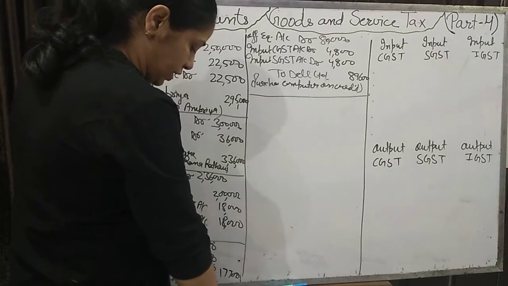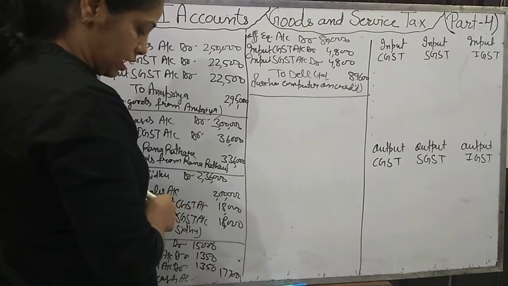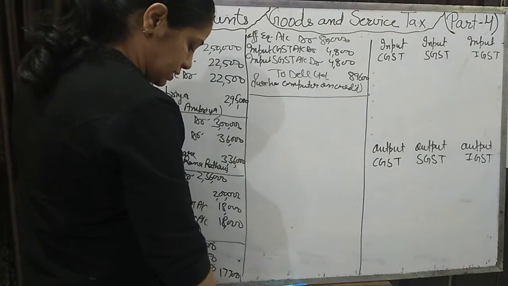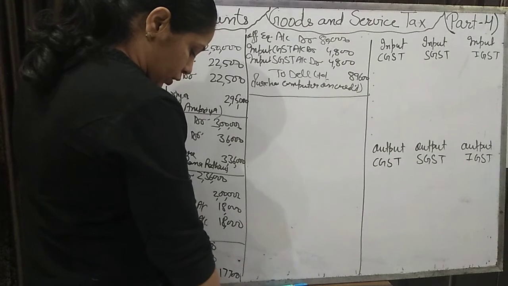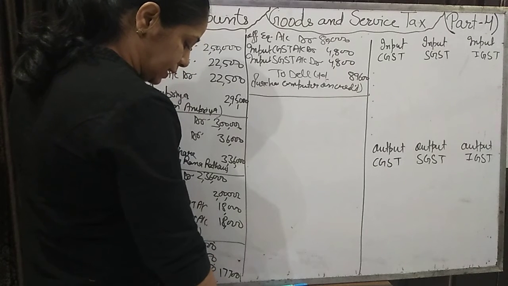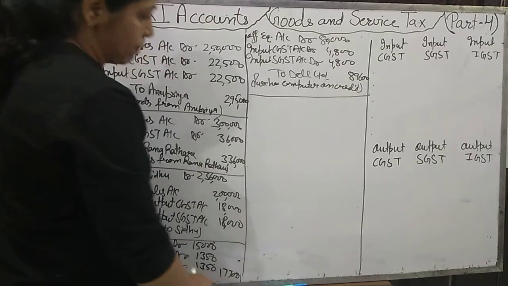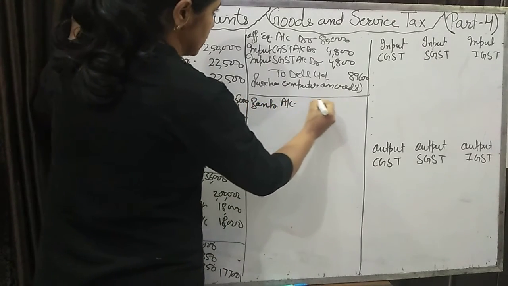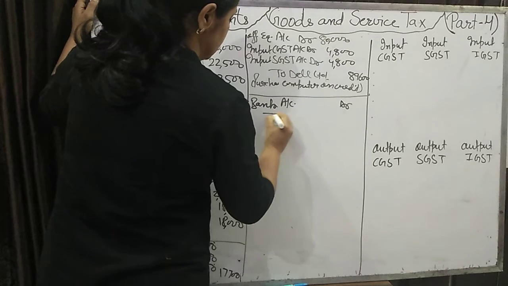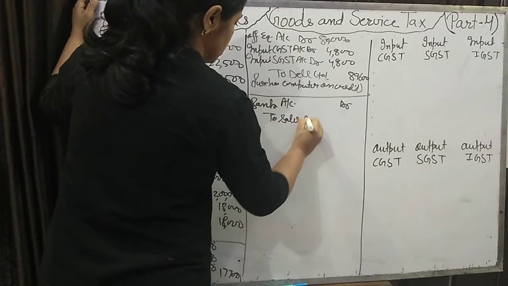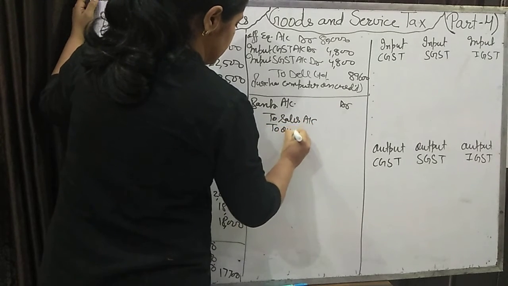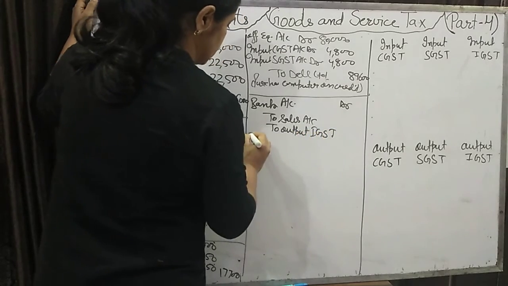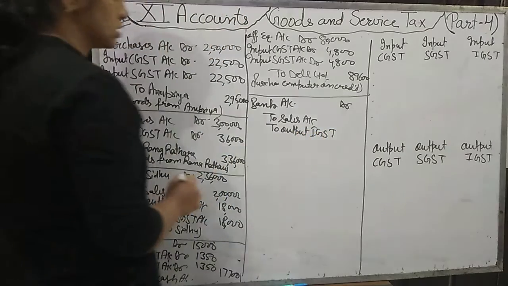Now the next transaction on 24th Feb. Sold goods to Gangaram of UP. Now the state has changed, UP, so IGST will be applied. 4,20,000 against cheque which is deposited into the bank. The cheque we are receiving, so we will debit the bank account, and we are depositing the cheque into the bank. Bank account debit to sales account, and the GST received is known as output GST, and this is interstate, so IGST we will collect.